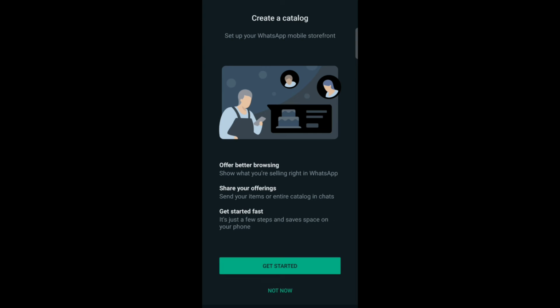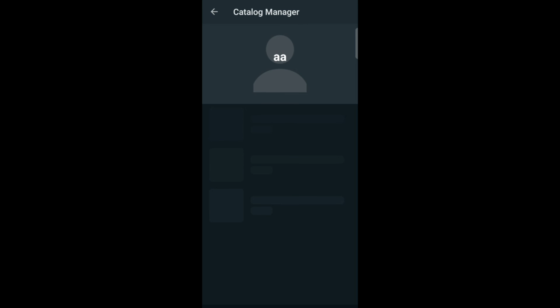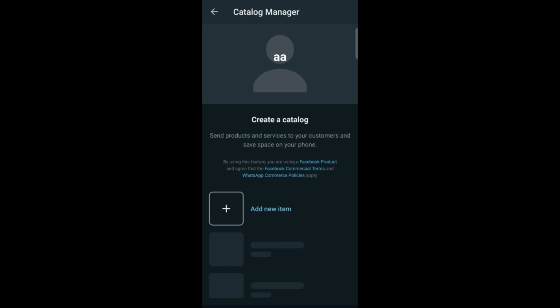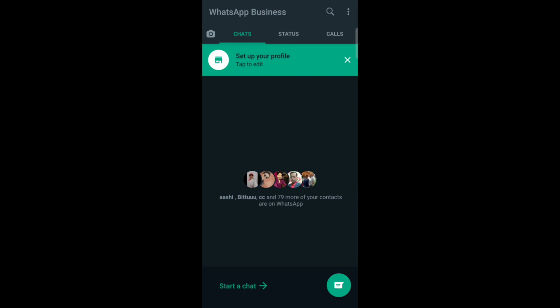Okay, so here you can create a catalog. So tap on Get started. Now add a new item to create your catalog. So now go back. Here you can see that your business